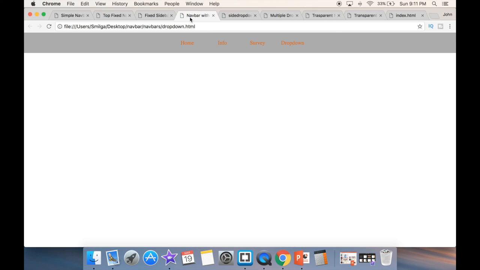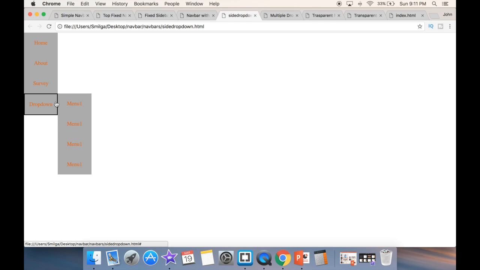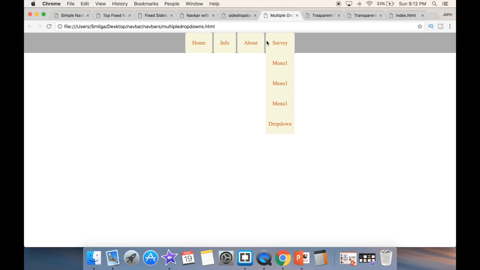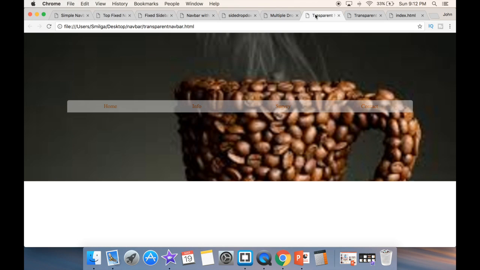And after that, we're going to create our first drop down menu from our navbar, right? So over here you can see that this is going to be our first drop down menu, and after that we're going to look at how we can actually create it in the sidebar. So we have a sidebar that we can also create this drop down menu in, and after that we're going to create multiple drop down menus over here like this. So we have not only one, but we actually have a second one,